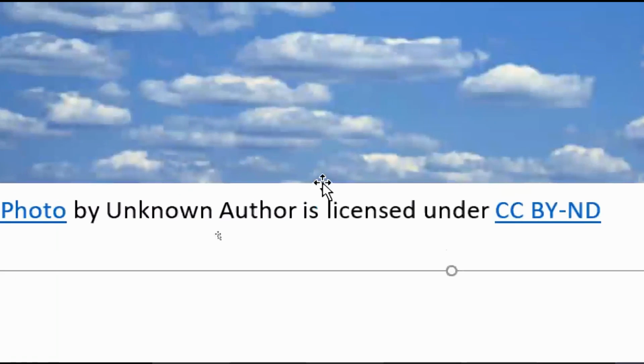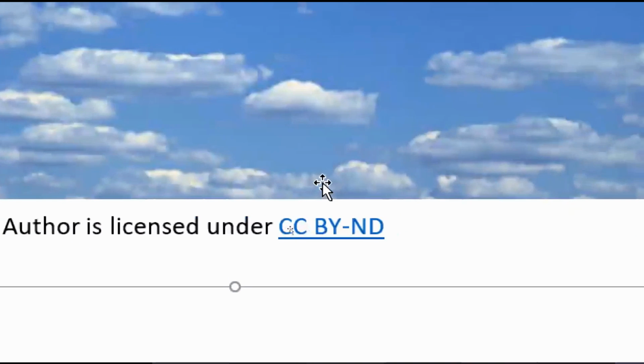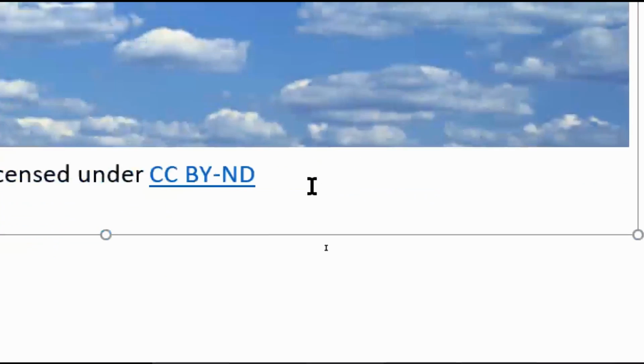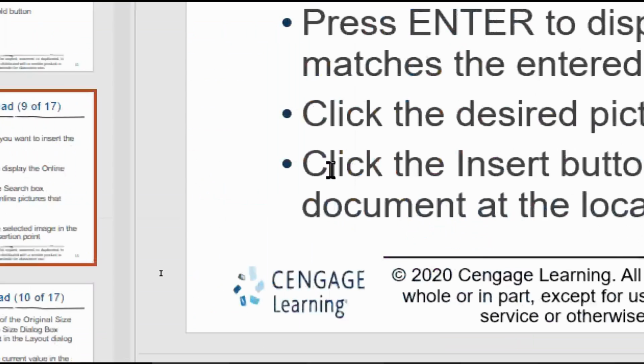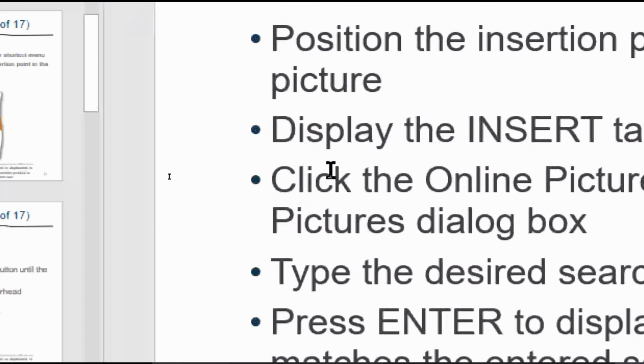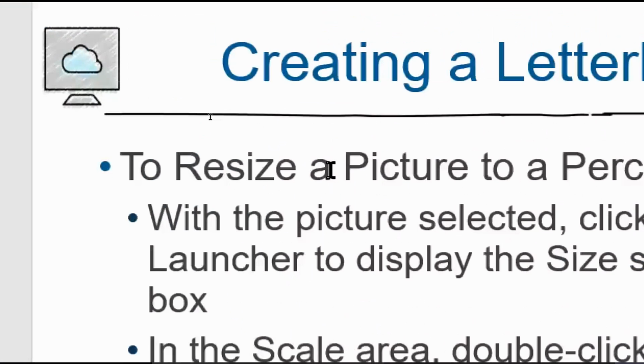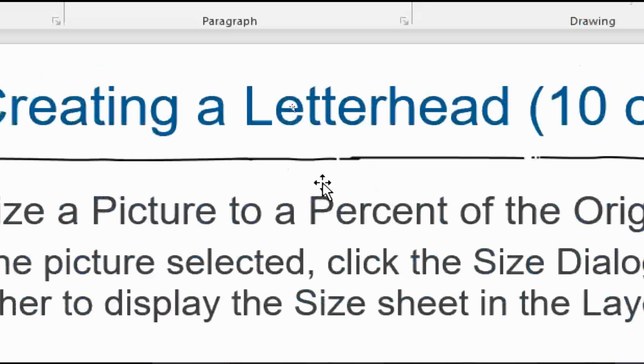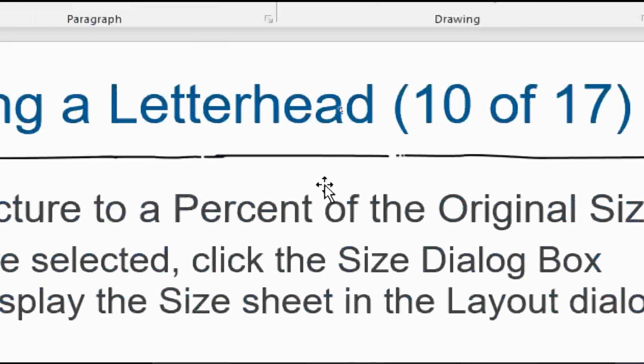and also give you this little bit of licensing information. It's by an unknown author. It's under Creative Commons. That's what the CC means. And so that's how you insert your online images. Here's all of the steps for that. To resize the picture to a percent of the original size,